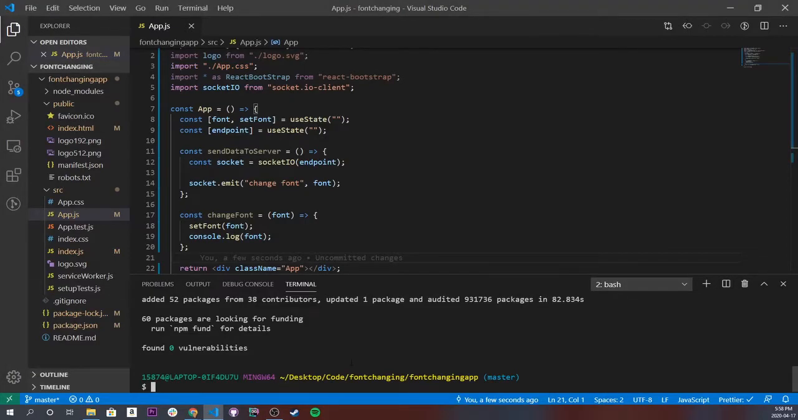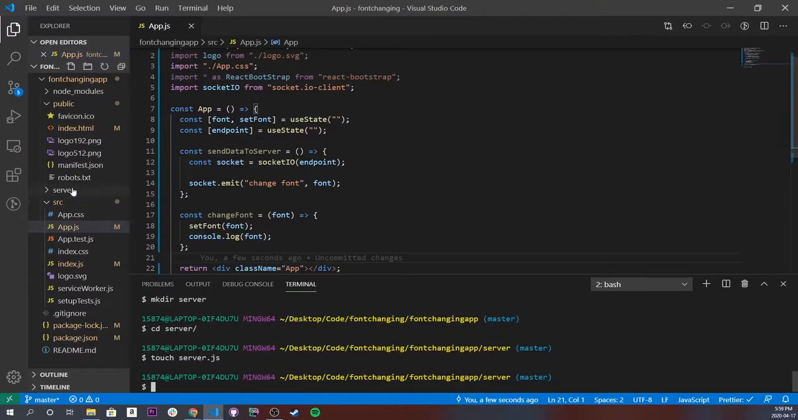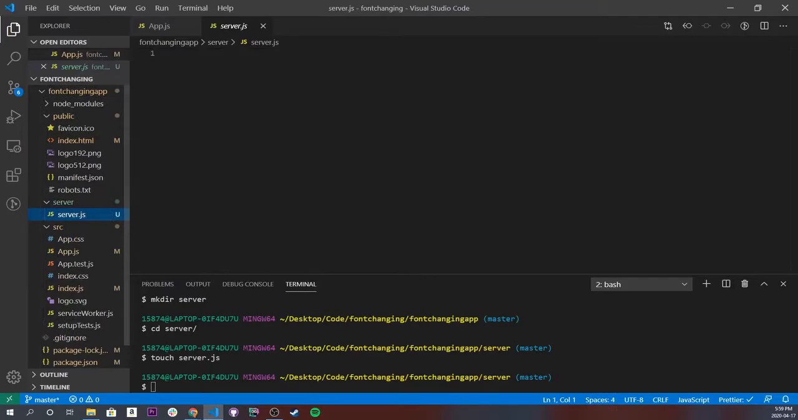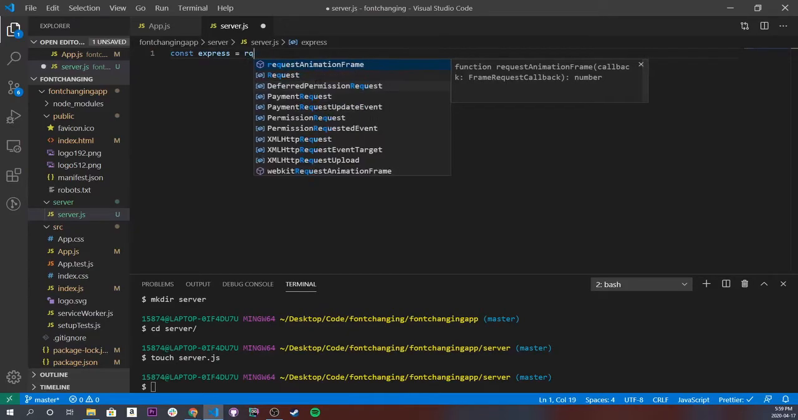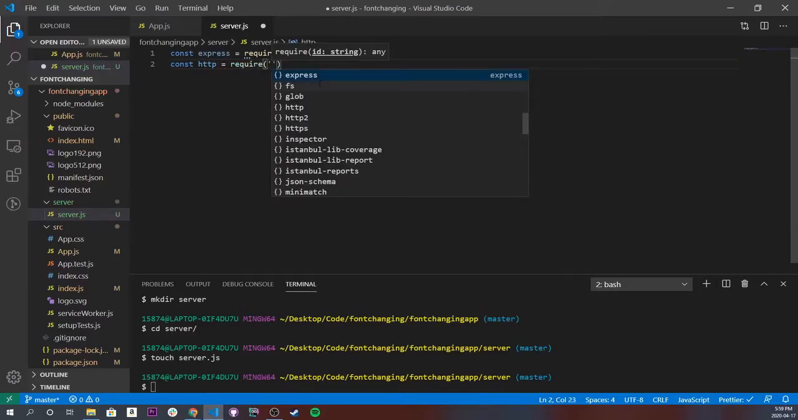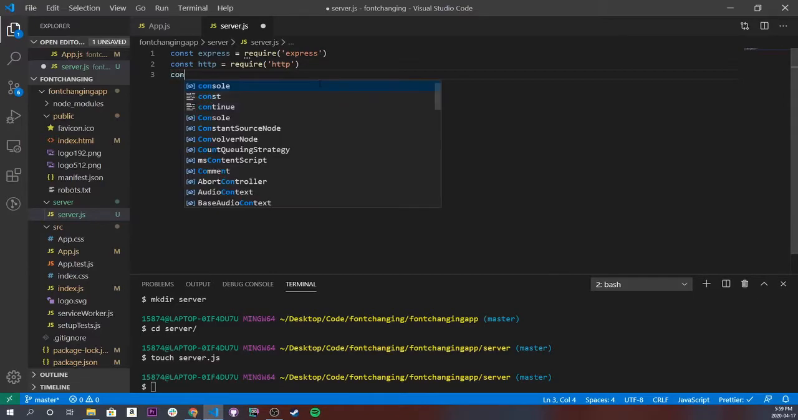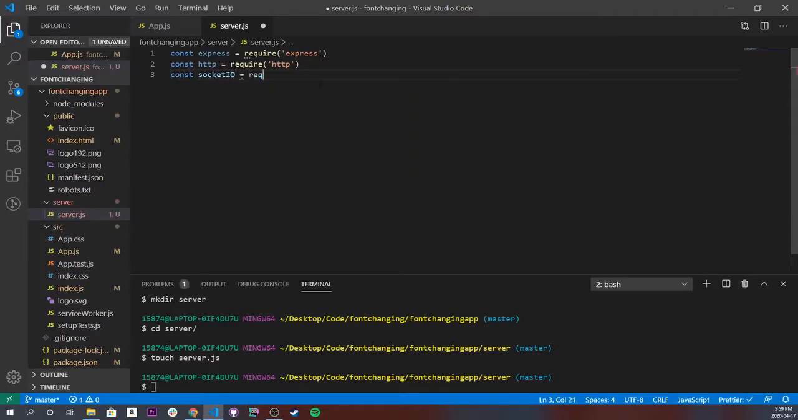Alright, let's create a directory called server. So I'm going to do make directory server, and let's cd into the server, and let's make a file called server.js, and let's go ahead and import all the stuff that we need. So I'm going to do const express is equal to require express. Next one, let's do const http is equal to require http, and the last one, let's do const socket.io is equal to require